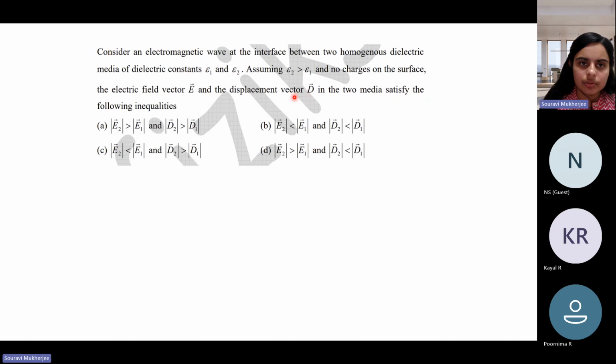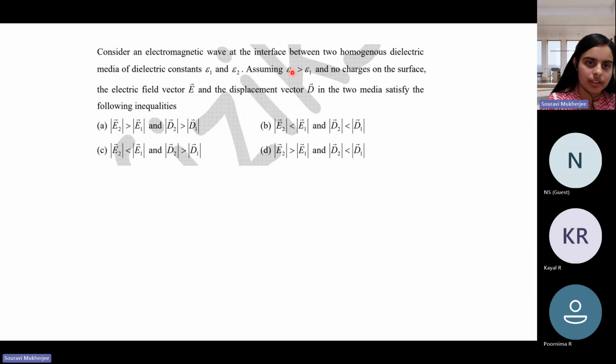See, what it's telling you is, what is dielectric constant? Suppose you have some dielectric, what is actually happening? It would have some way of altering your net field, because there'll be some induced charging that would happen, right? Now, when you say that epsilon 2 is greater than epsilon 1, if you look at how D is related to E, we know that D is equal to epsilon into E, right? So when there are two homogeneous mediums,